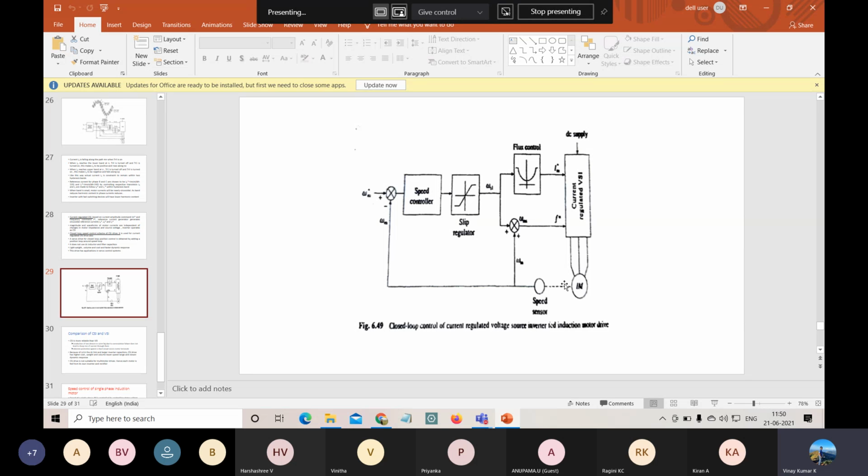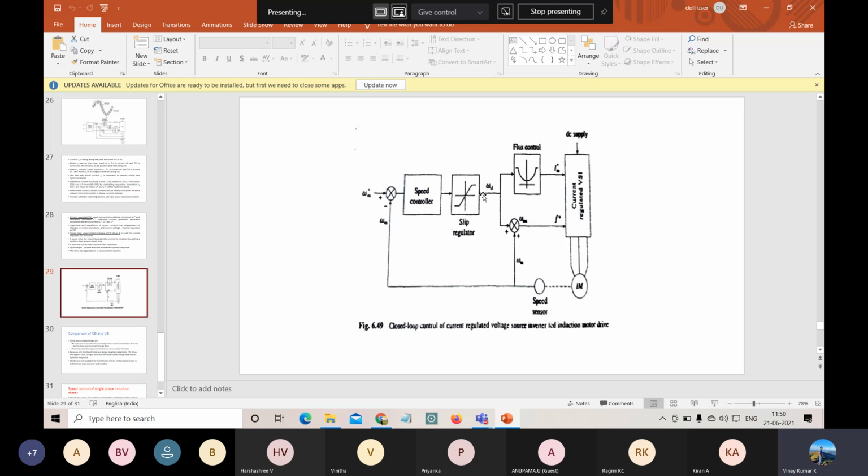So the induction motor will be connected with the speed sensor. From the speed sensor, the actual synchronous speed ranges will be obtained. So this will be compared with the reference model. If you are interested in modeling this in a MATLAB simulation, at that time you have to make one more block, that is the reference speed block. Take one reference speed block, obtain the synchronous speed block, and compare these using the PI regulators. Okay. So by the comparison, you will get one value. Those values will be controlled and modulated using the speed controller as well as the slip regulator.